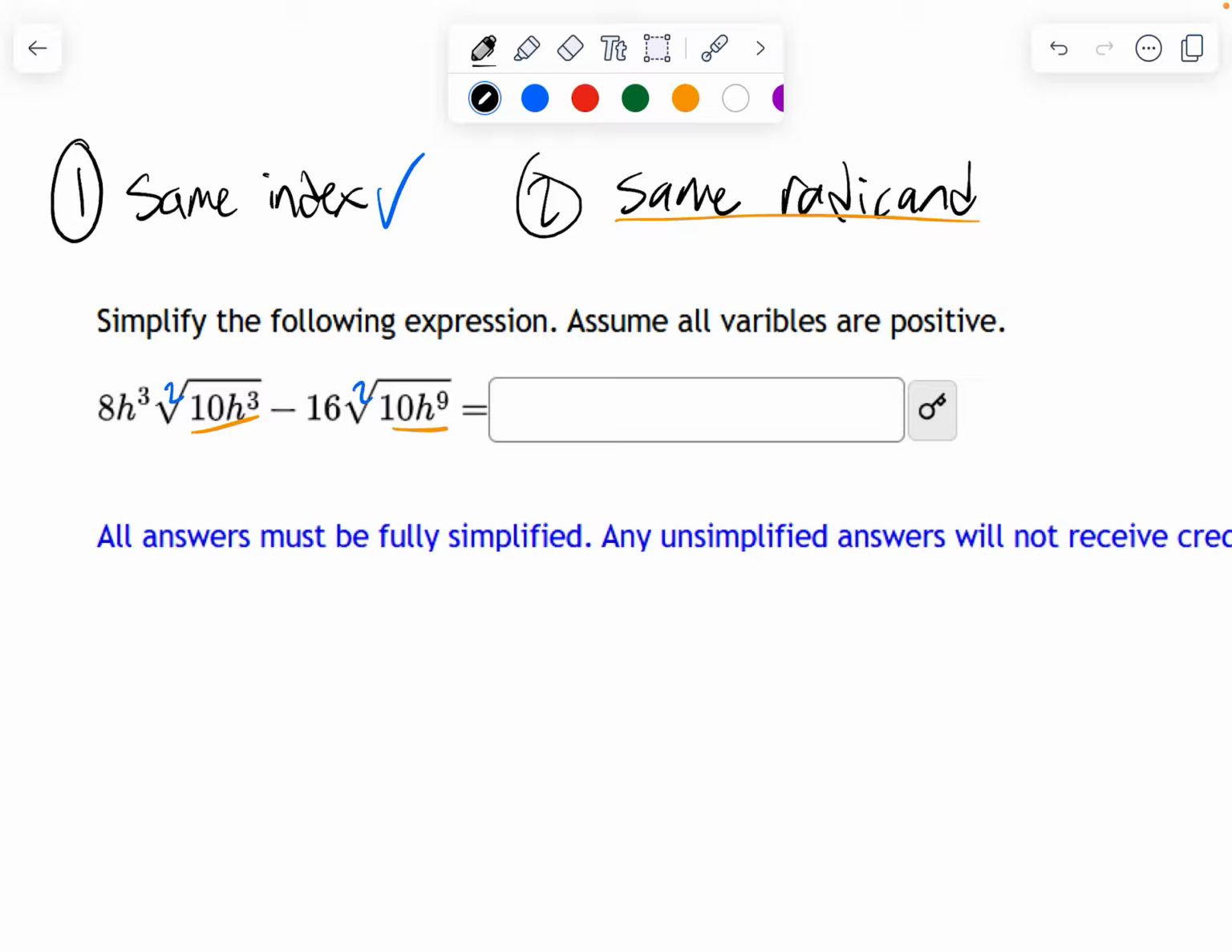So let's start with this first one. The 10 is 2 times 5. There's not two of the same thing. Nothing can be brought out. What about the h's? Well, h to the third is the same thing as h times h times h, right? And I have an index of 2. That means I'm looking for 2 of the same thing. So h to the third means I have 3 h's. Well, that's guaranteed at least 2 of them are the same, which means one of them can be brought out